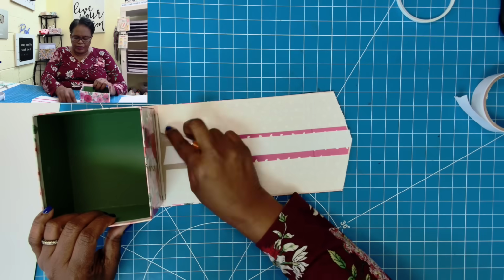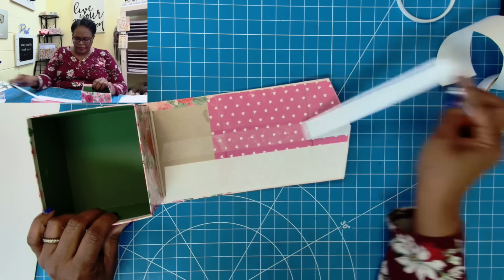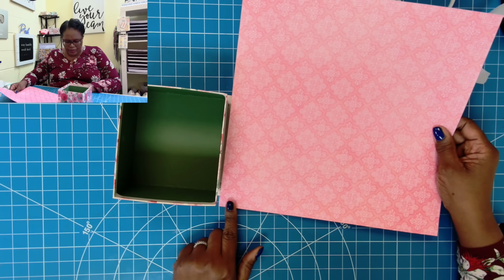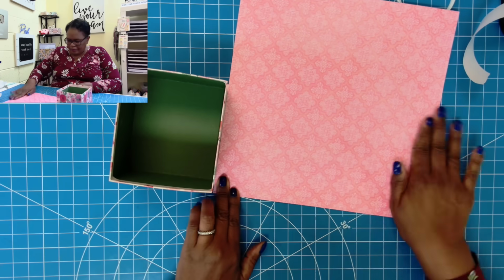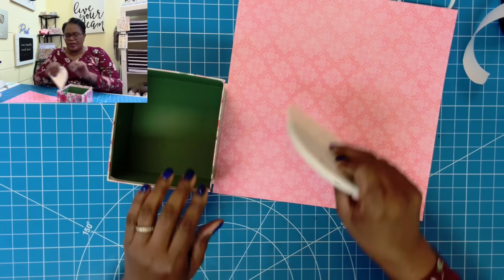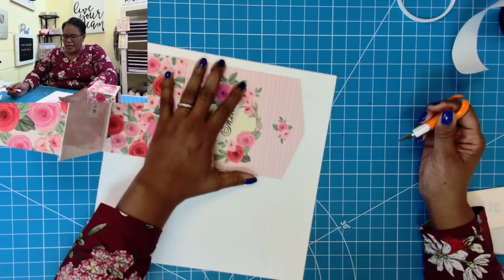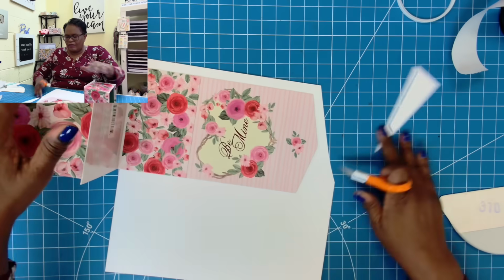So I am going to remove the tape backers. We're going to take this piece, we're going to place it down like this, getting it nice and stuck. I'll use my big old spatula to go in and make sure I have a good stick. Then I'll flip it over, and what we're going to do is we're simply going to follow this shape